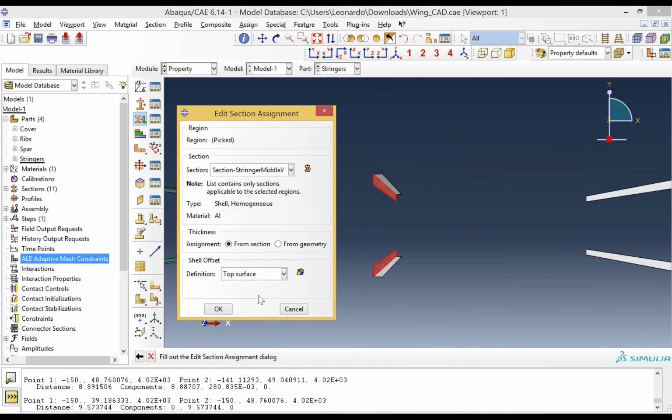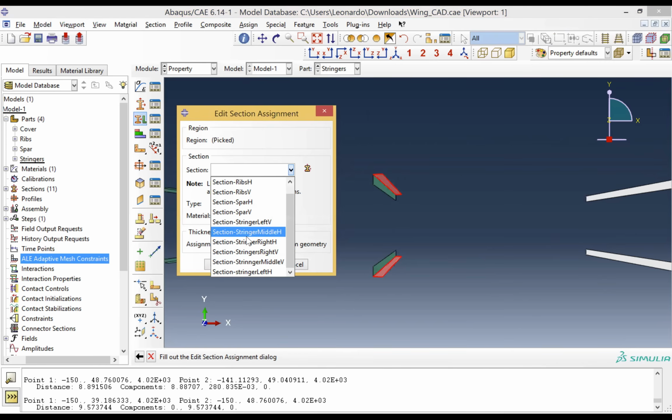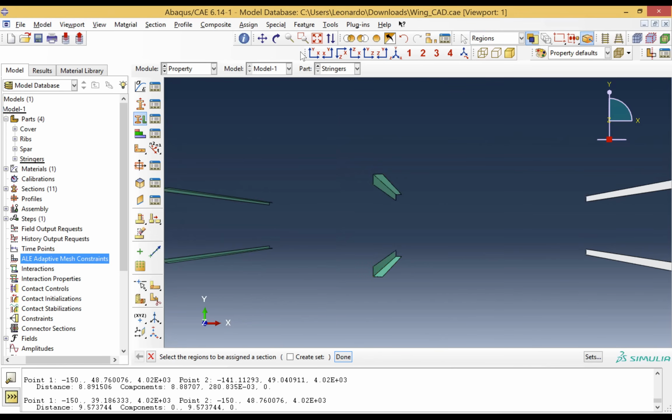Reference surface, top surface. Now the laterals. Stringer middle edge. Reference surface, top surface. Now we move